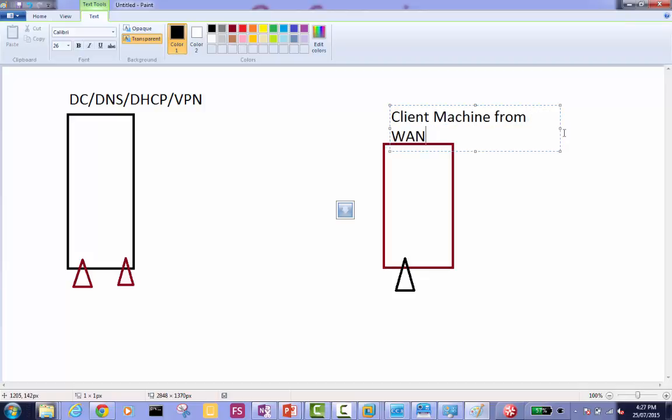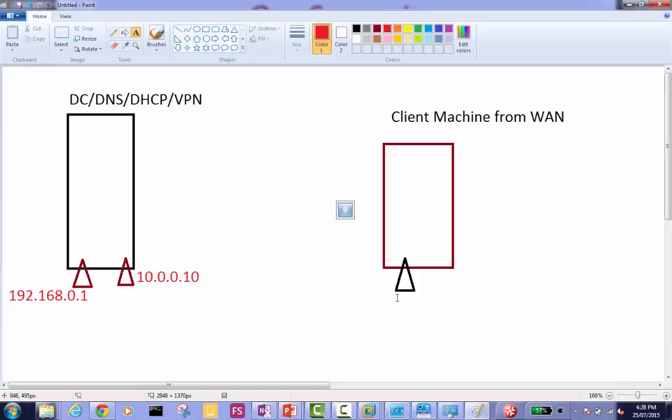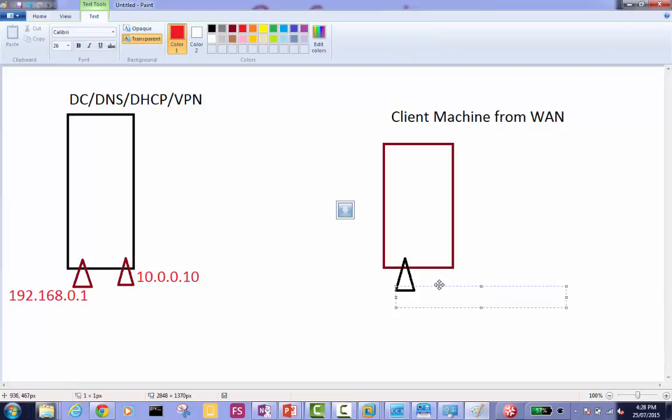We are assuming that it is from WAN, and it could be Windows 7, Windows 8, or 2012 R2 member server. The main thing here now will be that the IP address which we already have is 192.168.0.1, and then here the IP address will be 10.0.0.10.